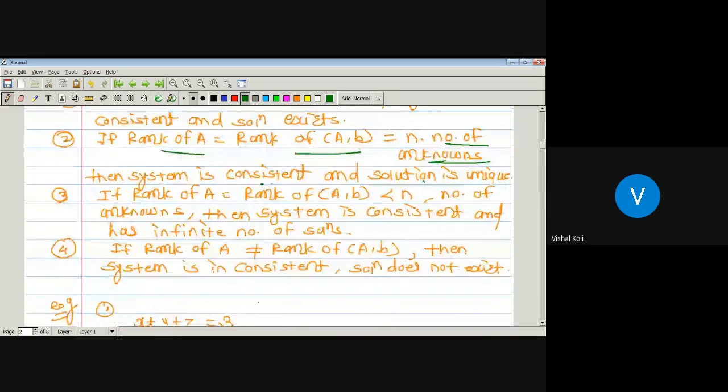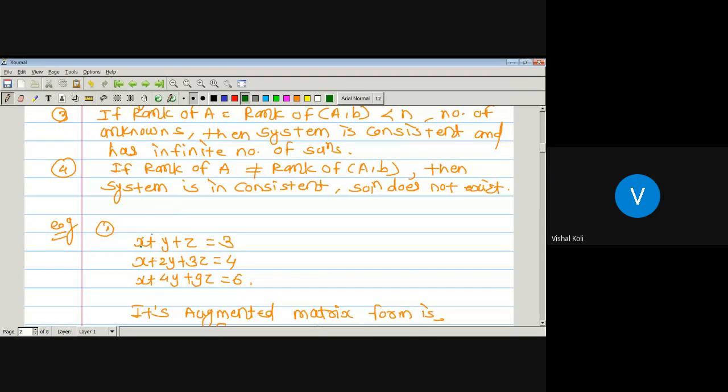X equal to 2, plus y equal to 1 and z equal to 0, which is equal to 3. X equal to 2, plus y equal to 1, 2 into 1, 2, plus z equal to 0, which is equal to 4, and that is equal to this one. X equal to 2, sorry, y equal to 1, 4 into 1, 4, plus 9 into 0, which is 0, and which is equal to 4 plus 2, 6.